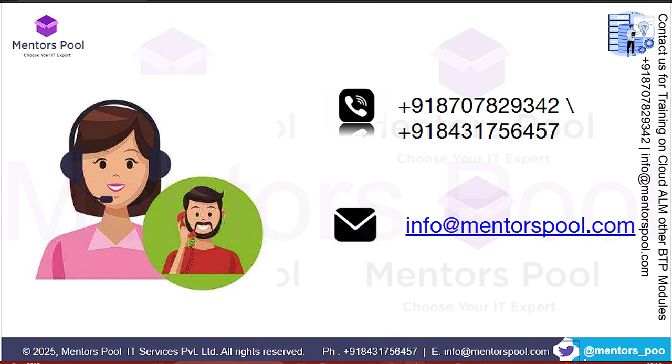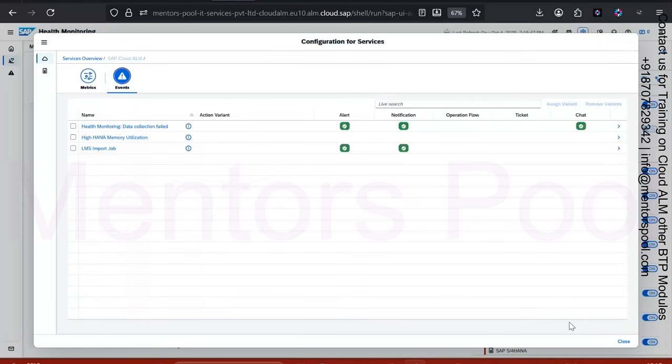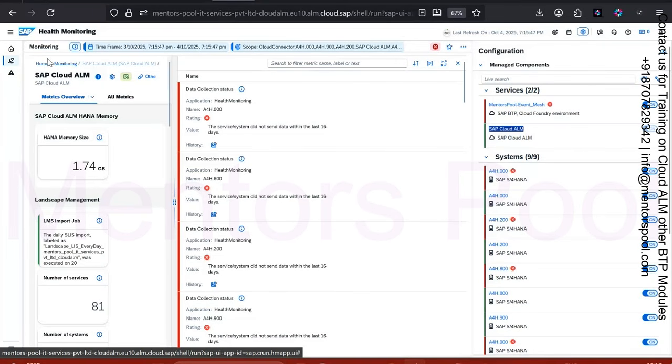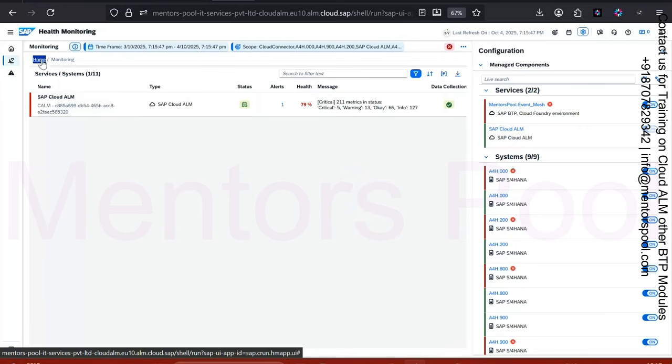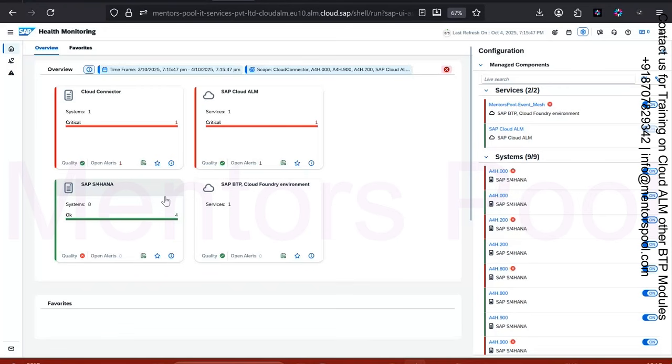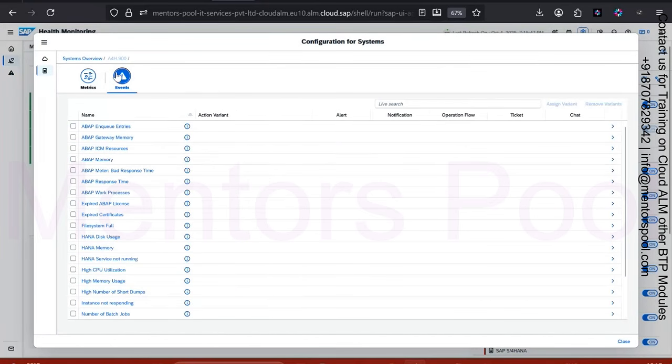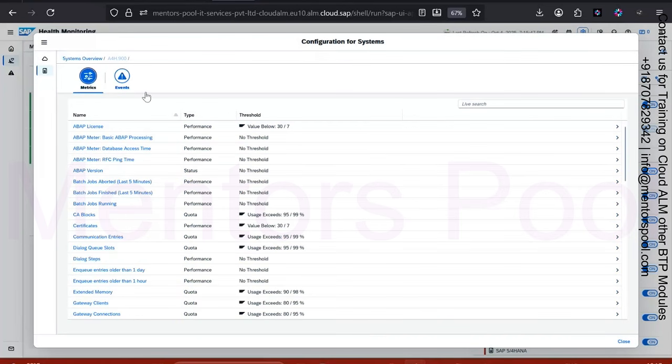Cloud ALM has the concept of a heartbeat. In the health monitoring, if you see it, remember in Solution Manager there was a ping service, constantly pinging. If a ping fails, assume the system is not reachable. Here, more optimized things are there than the ping ones. Similarly to how ping is there, here it is going to check the heartbeat at the system level, and even at